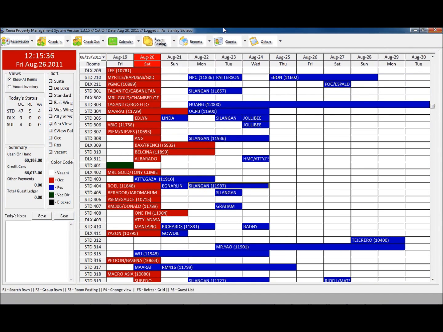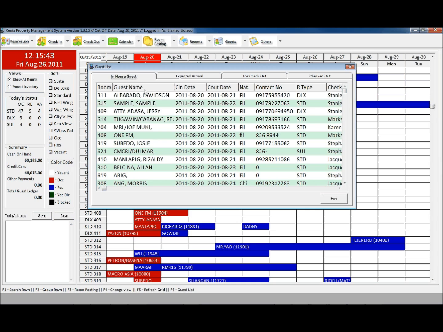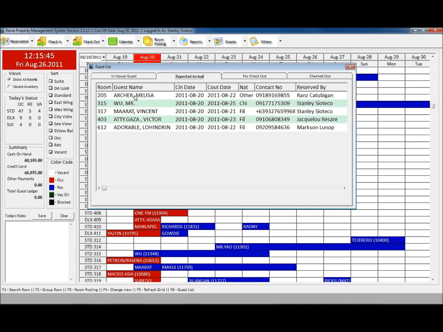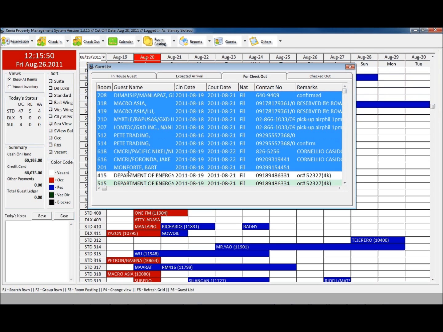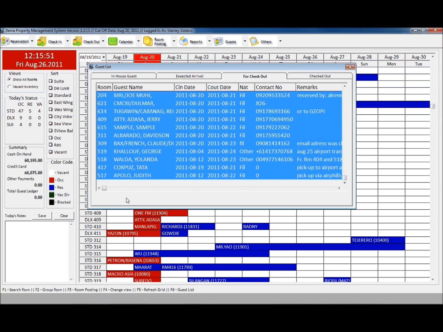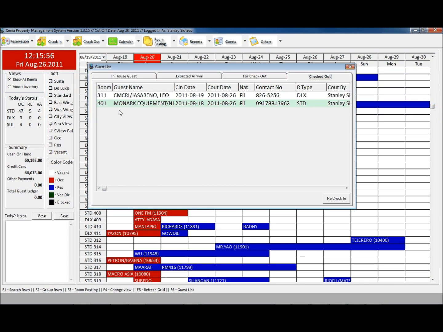Okay? The guest list is the list of people who are staying, who are expected to come, the folios or the rooms you have to check out, and the checkout